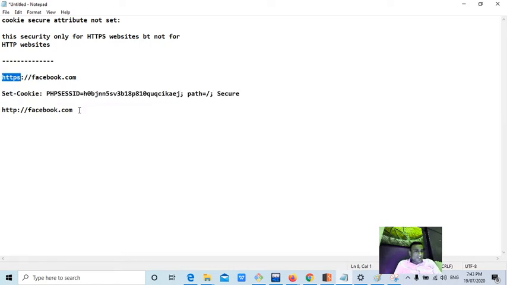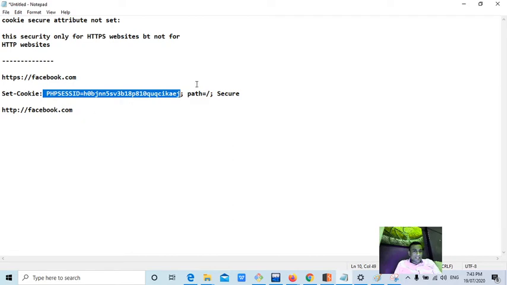Let's say you are browsing a website over HTTPS, and an attacker knows that you have an account in Facebook. He will try to send you an HTTP request within the same network. If the cookie is sent, then he will be able to see the cookie in plain text.